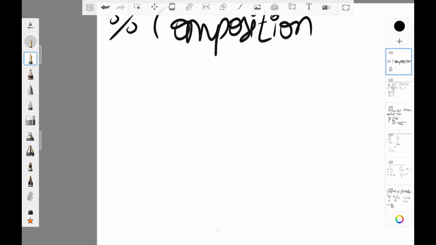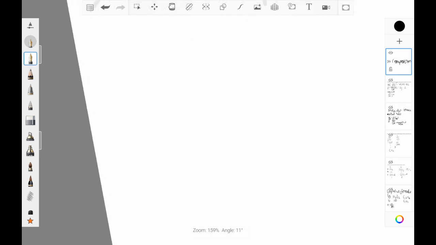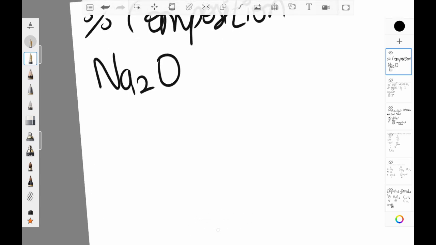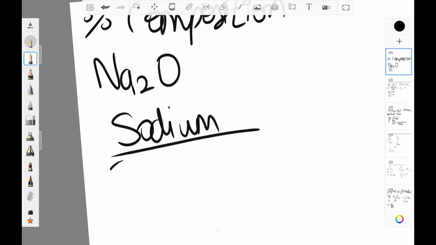Let's say the question goes something like, calculate the percentage composition of sodium in sodium oxide, for instance. So sodium oxide is Na2O, and to find the percentage composition, you would take sodium over sodium oxide